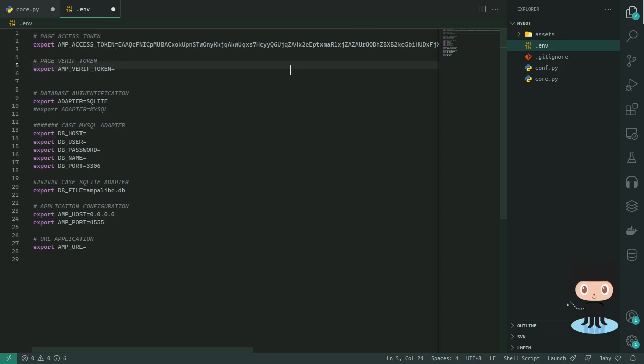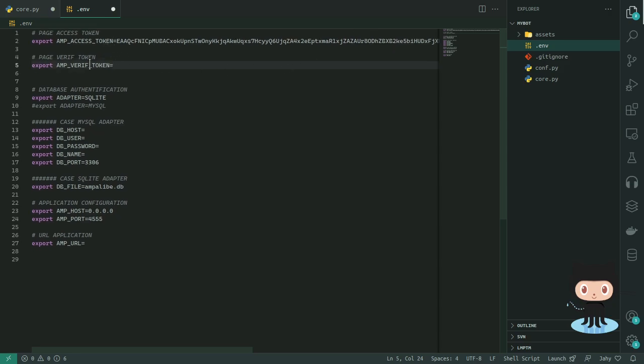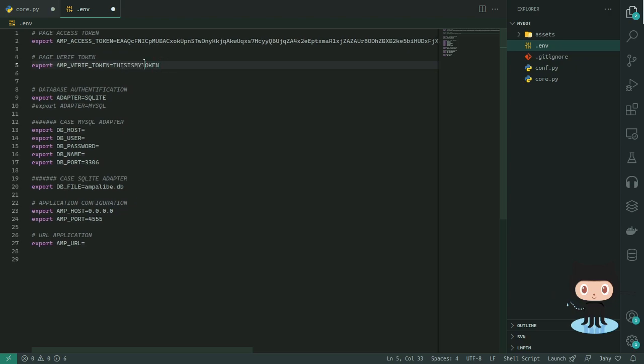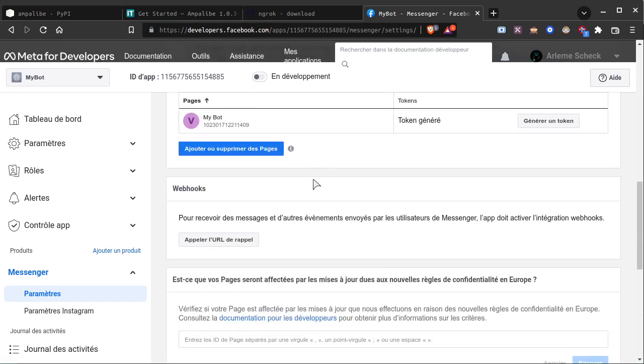After that, you will create a verify token. You can put any sentence or word you want here, just something alternative, just as you want. So this is my token, for example. Let's copy it and bring it to the page,